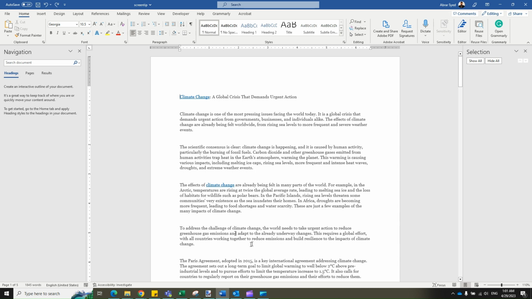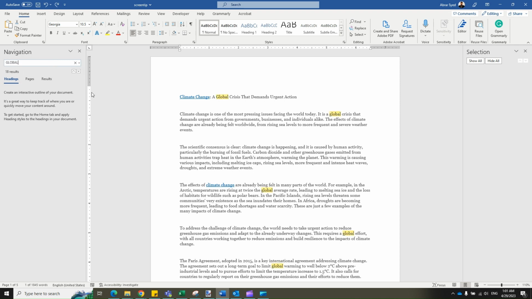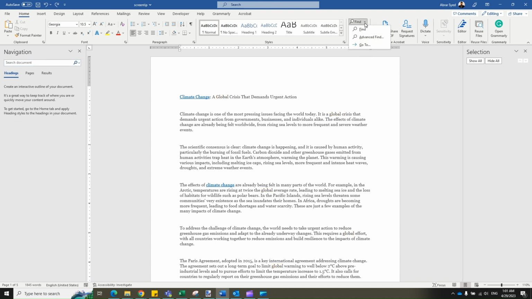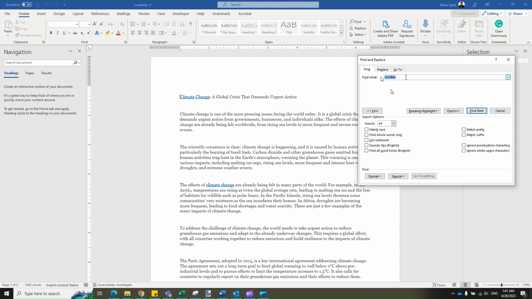It is straightforward to find a word or a sentence in MS Word. You type something here right below your navigation and it finds you the words. And if you want something with parameters, with specifics, you can always go to Home, then the Find drop down and click on Advanced Find. You can match the case, you can specify prefix and suffix, but there isn't an option